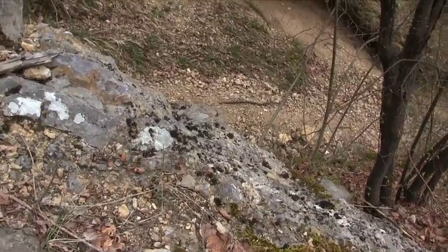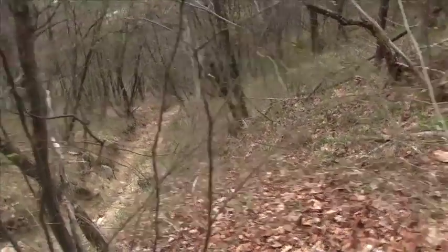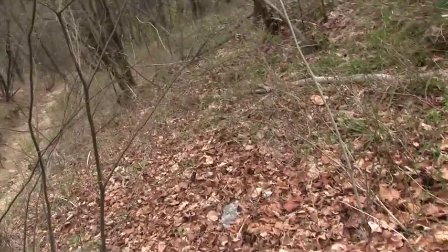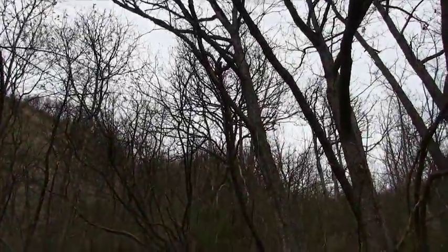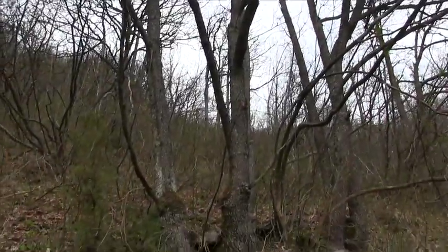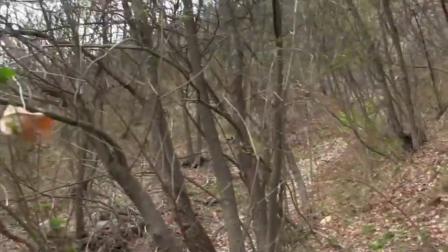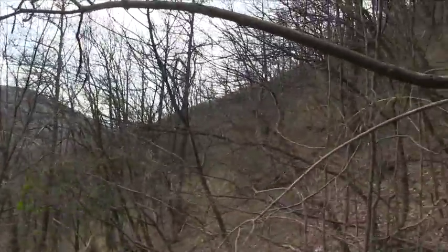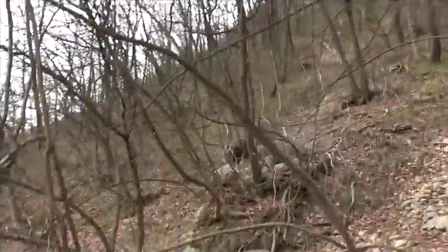And with the other sample, let's see if we can get down in a reasonable way. All right, well, we've gone about 200 feet from over there to here, skirting along the side of the hill, trying to get to the cairn, which I thought was over here. I don't see it though. But we did come to another gully,